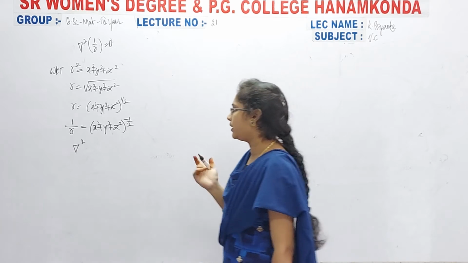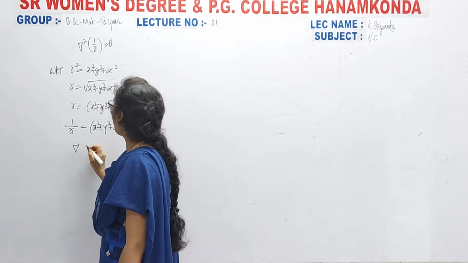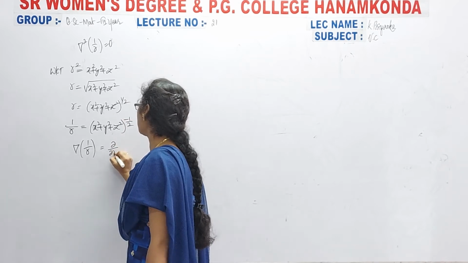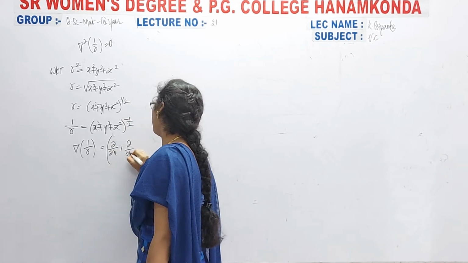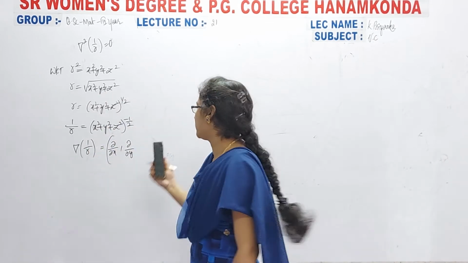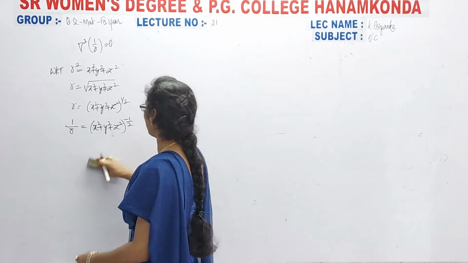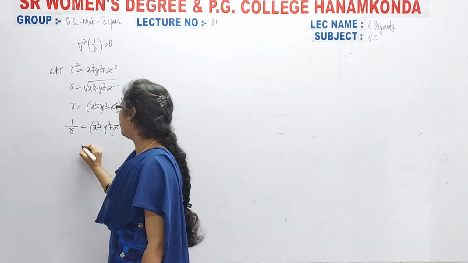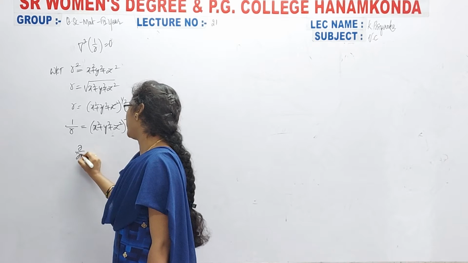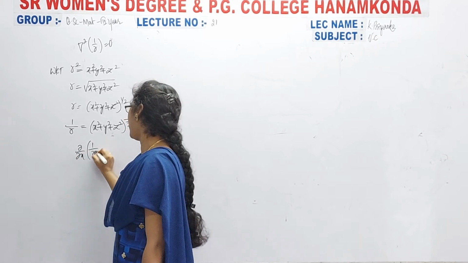Okay. So already you know that one. So that's why here I am taking that grad of 1 by r, that means dou by dou x comma dou by dou y comma, otherwise for this one we will get a lengthy procedure. So that's why individually I will calculate. Now here dou by dou x of 1 by r.